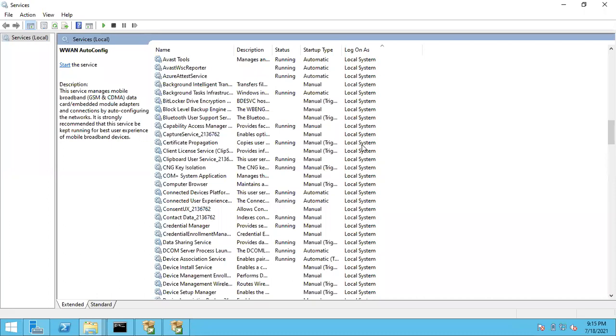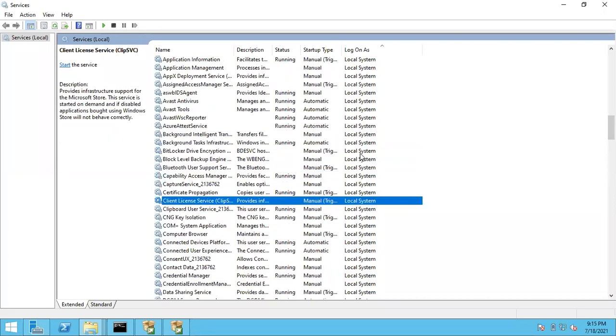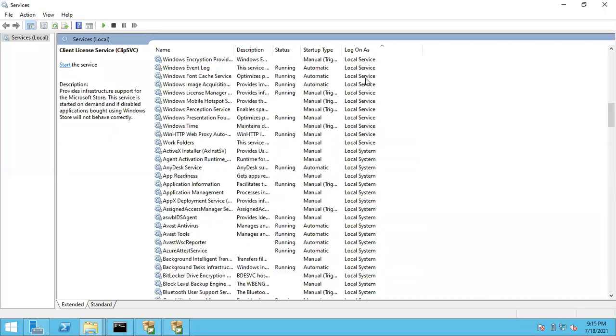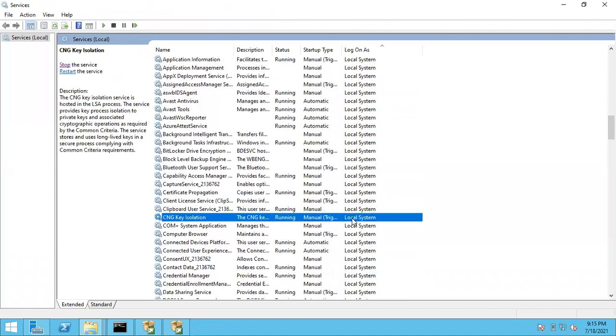If you are using the same local system, see, local system is used by how many services? So what will it do? Hey local system, can you please complete my work? Hey boss, please stop. I'm already working on some activity, can't you wait? Like that it will reply, which is not acceptable for SQL Server.